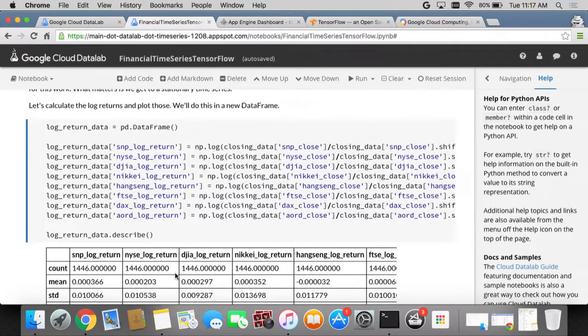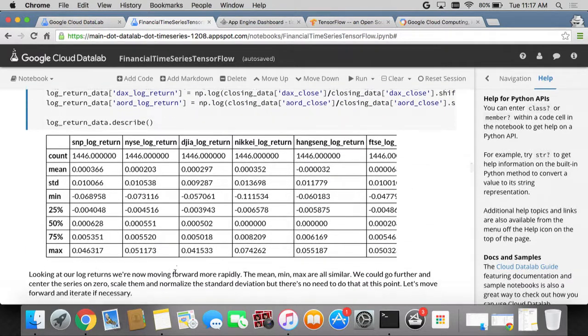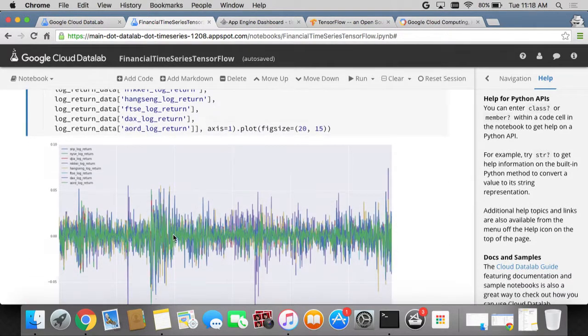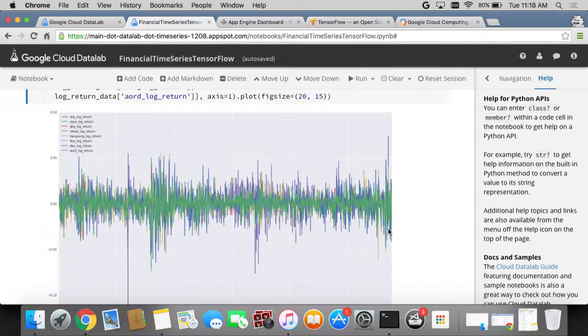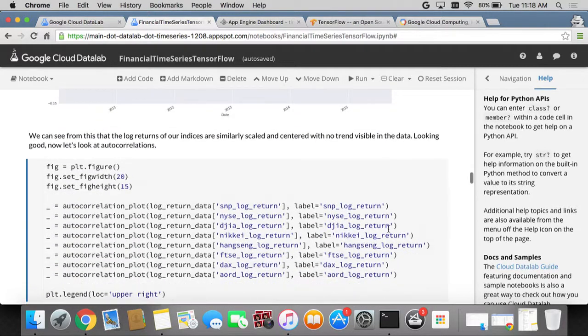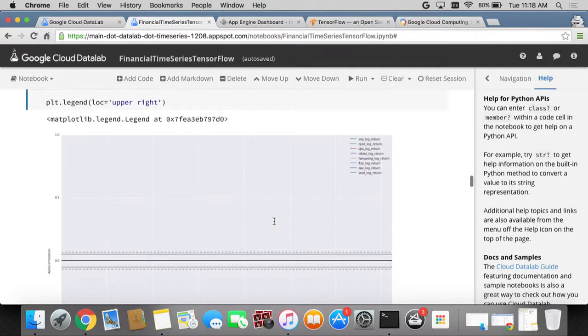So in the end, we want to normalize the data. The best way to do this is to use the log return, and once we start using the log return here, you can see that we have log-normalized data that we're going to be able to use for our model. The other thing we can start looking at is whether we see influence between the data of the same day, the day before, and two days before. So you can have a model which takes into account more and more data for you to build the model. Okay.